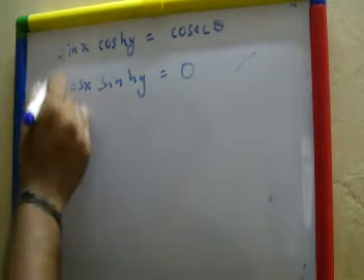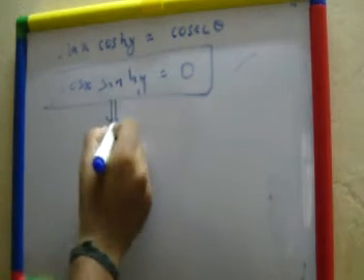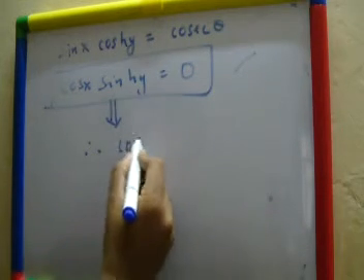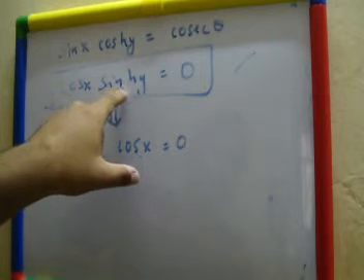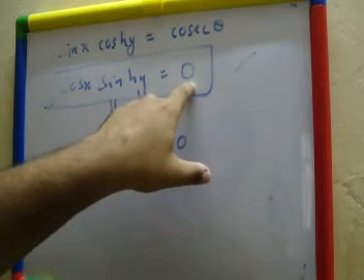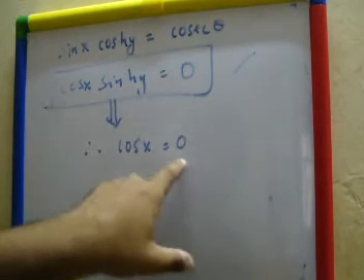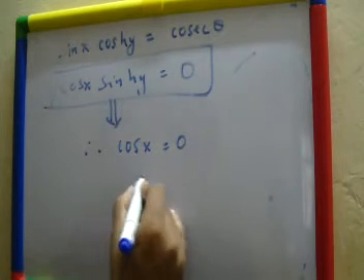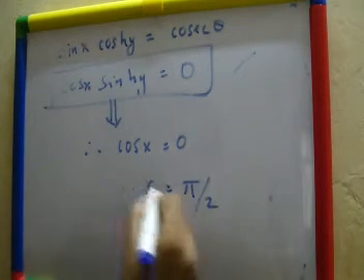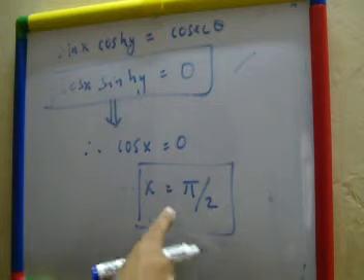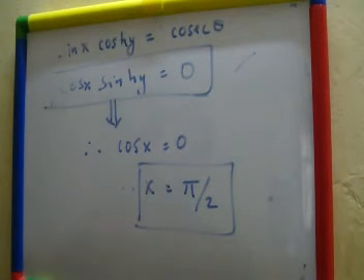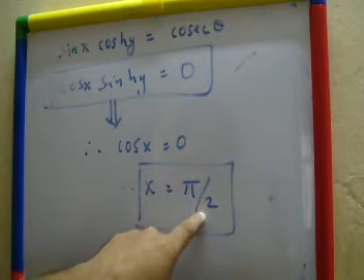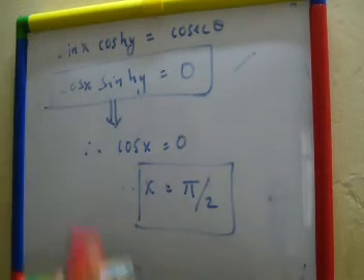Now let us understand this thing. This will give me cos x is equal to 0. Why? I am bringing this sin hyperbolic y under this 0, 0 upon sin hyperbolic y, which will give me 0. Therefore x is equal to pi by 2. So in our proof we wanted our real part to be pi by 2, which is proved now. Now we are going to use this x somewhere over here.